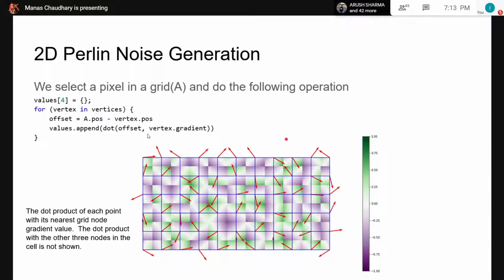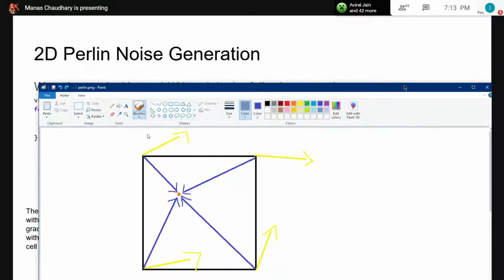Next up, we do certain operations on pixels. We'll start iterating upon the 256x256 texture, and for any pixel A in it, let's say it lies here, we'll iterate upon the vertices that surround it. Let me show you something to explain it easier.